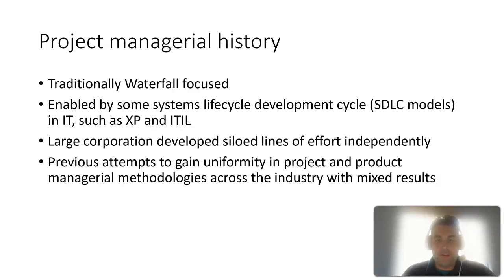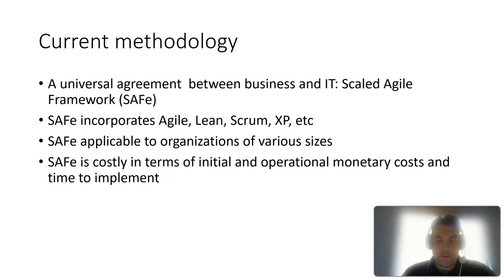In the spirit of collaborating, reducing siloing lines of effort, and enhancing cooperation between business and IT, a methodology was chosen which would bring the benefit of rapid continuous release, leverage business expertise of product management, and be compatible, if not assist with, agility in a context of extensive governance and compliance. As a result, the company chose Scaled Agile Framework, or SAFe, as its next foray into de-siloing project/product management and